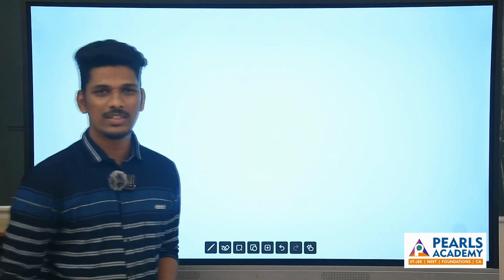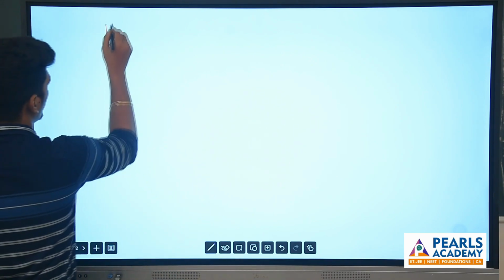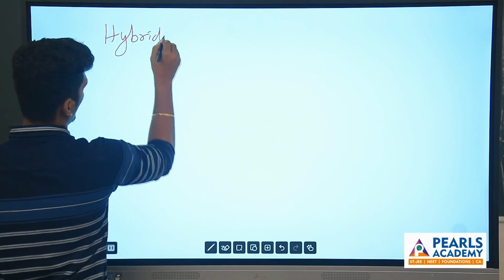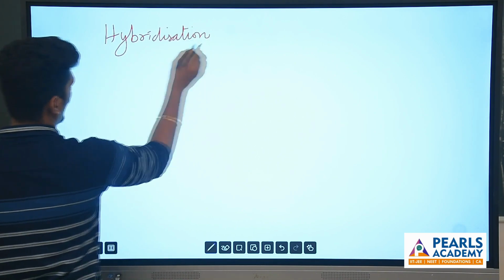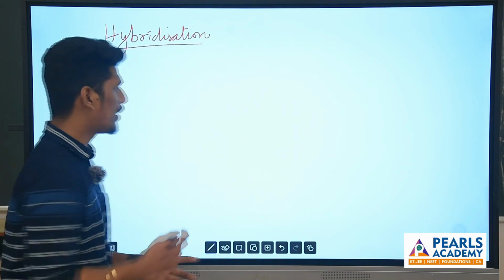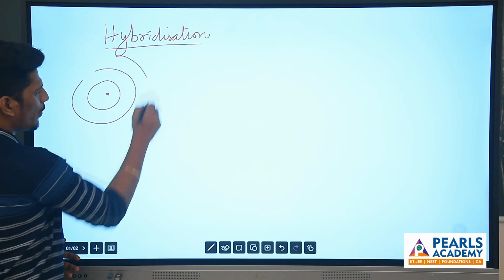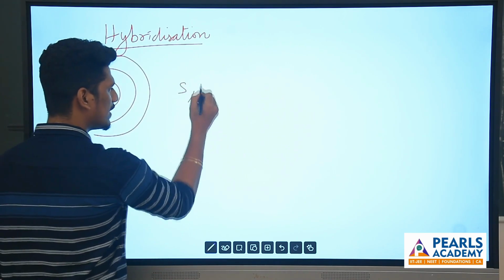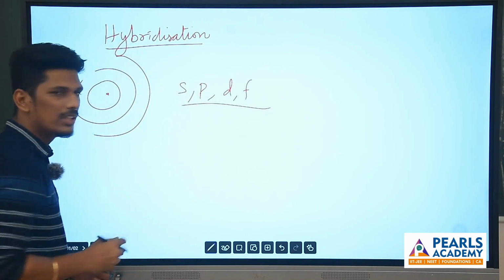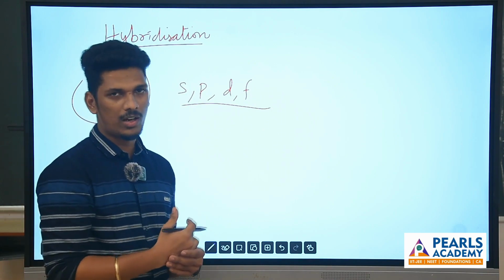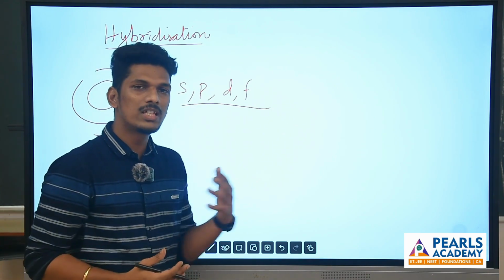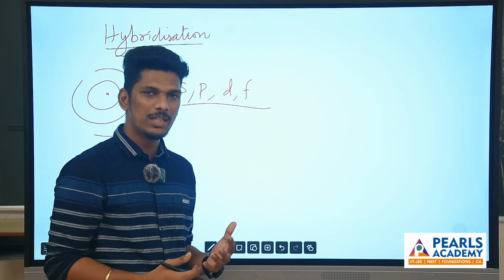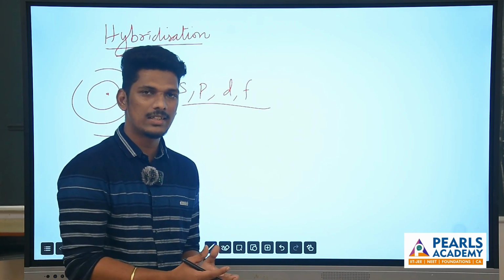Hi students, today we are going to see about hybridization. So we all know what hybridization is. Hybridization, the name itself shows mixing of something. Here what we are going to mix is the orbitals. In an atom we have many types of orbitals: s, p, d, f. These orbitals exist in an atom, but we have to get a more stable form of orbitals. To attain stability, the orbitals intermix with each other and